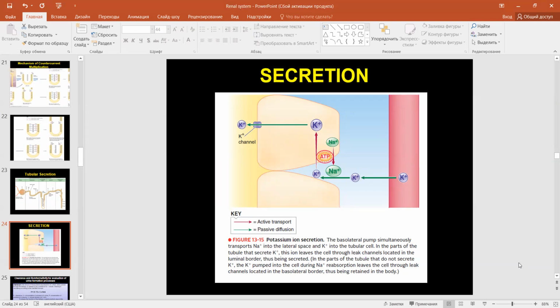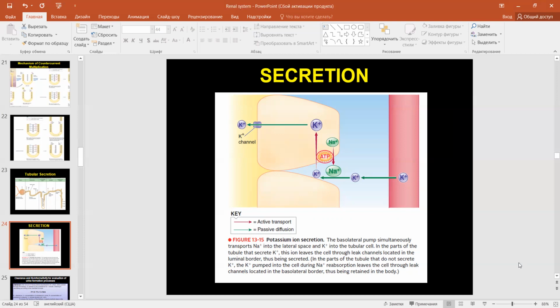Potassium ion secretion in the distal and collecting tubules is coupled to sodium reabsorption by the energy-dependent basolateral sodium-potassium pump. This pump not only moves sodium out of the cell into the lateral space, but also transports potassium from the lateral space into the tubular cells. The resulting high intracellular potassium concentration favors net movement of potassium from the cells into the tubular lumen. Movement across the luminal membrane occurs passively through the large number of potassium leak channels in this barrier in the